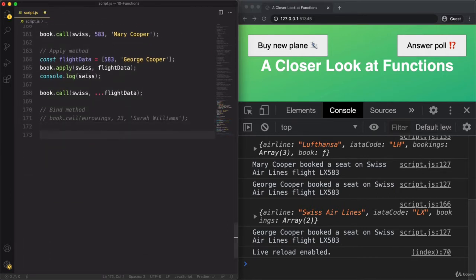But now, as I said, we can use the bind method to create a new function with the this keyword also set to Eurowings. All right. So again, this will not call the book function. Instead, it will return a new function where the this keyword will always be set to Eurowings. And so let's create a new function here called bookEW, which is the code of Eurowings. All right. And so now let's use this function. So bookEW